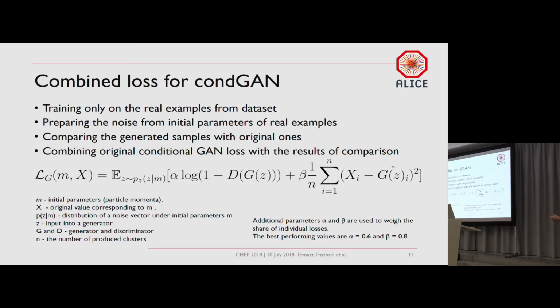But the answer for this problem is that we applied some parameters to the loss function, which say how the final loss should depend on each part of the loss. If we use this mean squared error only at the beginning of the training, we can show the generator how it should start to produce something meaningful, leaving the discriminator loss at the end, so it won't produce all the same results, only the same results as those in